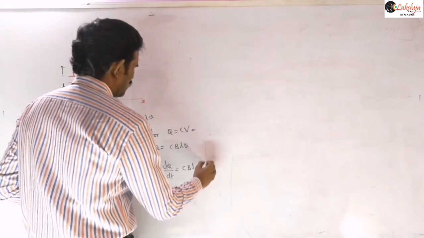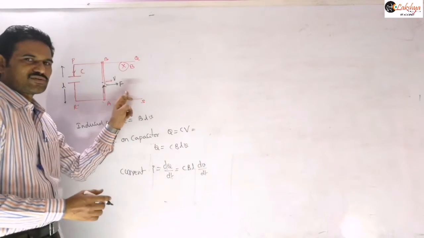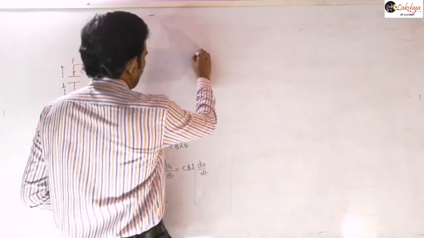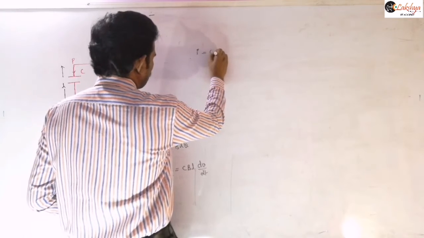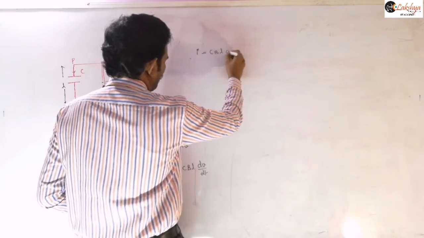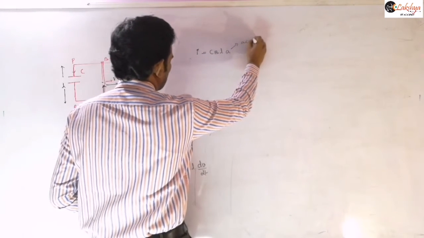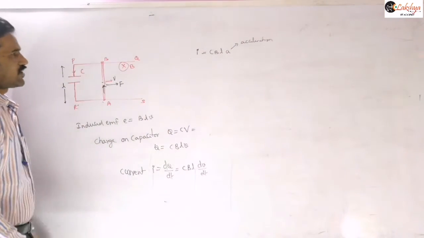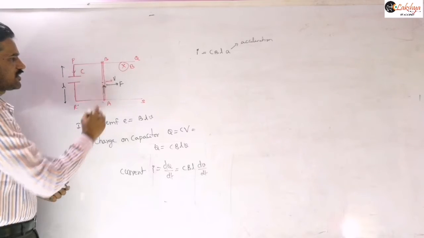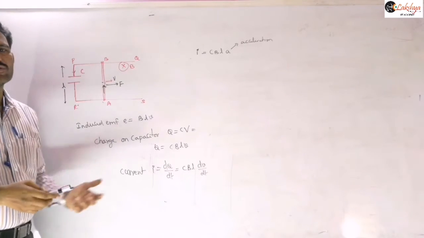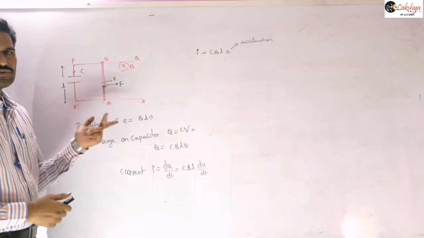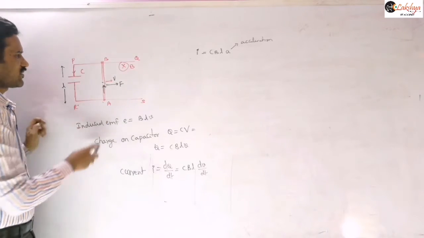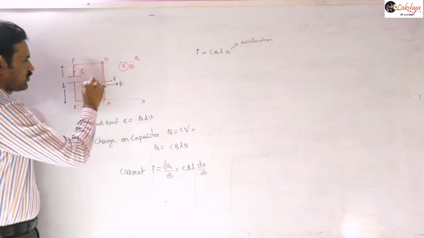So dq by dt means I can write this as C into B into L into dv by dt. Now here v is variable because velocity is not constant, force is constant here. And so the velocity of the rod is variable, so we may take that as some acceleration a. So that I is equal to CBLa, where a is the acceleration of the rod we are assuming, right? And since the current is flowing in this rod here, the magnetic force will arise there. The magnetic force direction: the field is into the plane, current is flowing in the upward direction, so the magnetic force will be along this direction here.